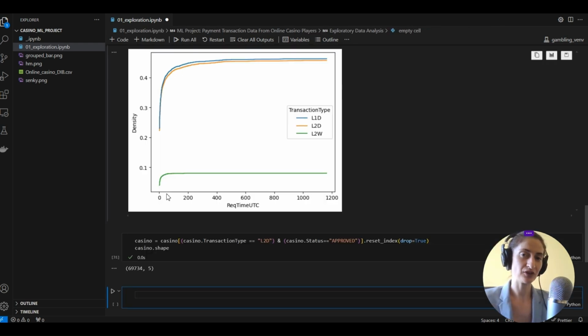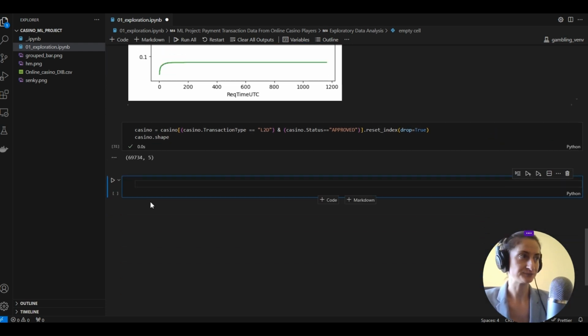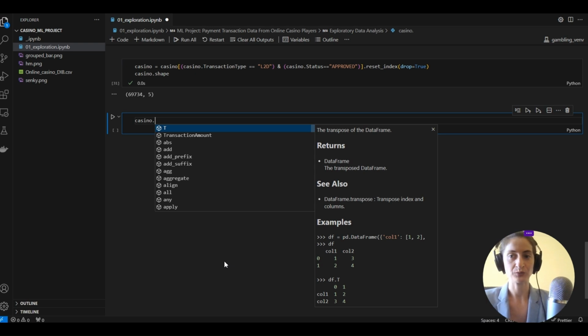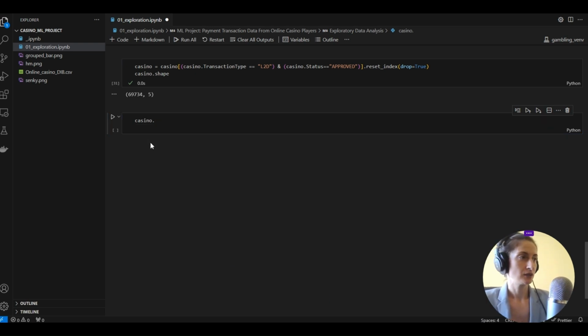What this plot makes me wonder is, are those people with a very high number of transactions the same as those who place very large amounts of money into the online casino? So let's check that. Starting from our data frame, what we would need to do is first of all check which are those top 20 people who are the most frequent gamblers, right? So I want to group my data frame by account identifier, and I want to get the number of transactions that each person